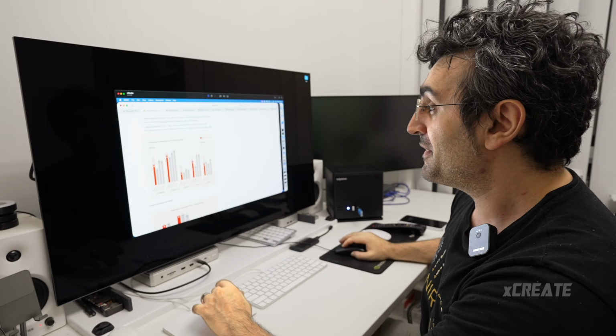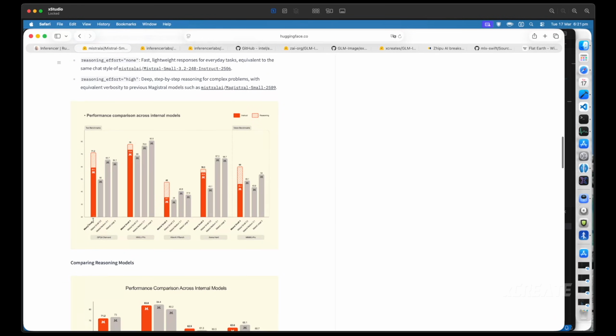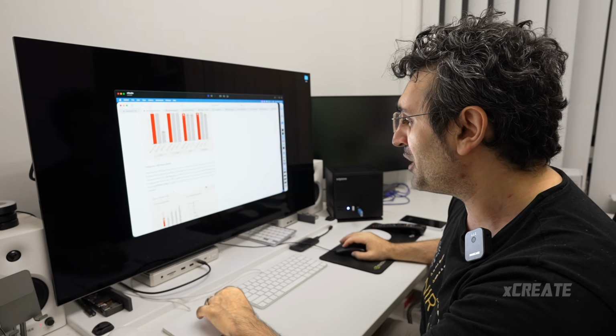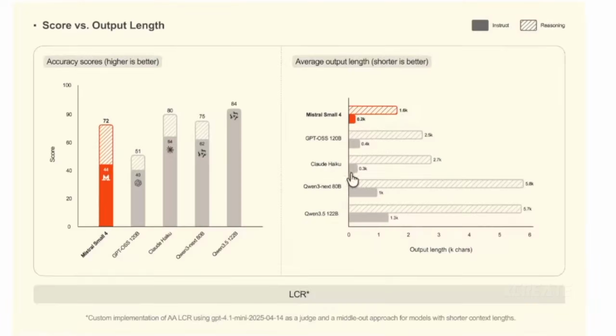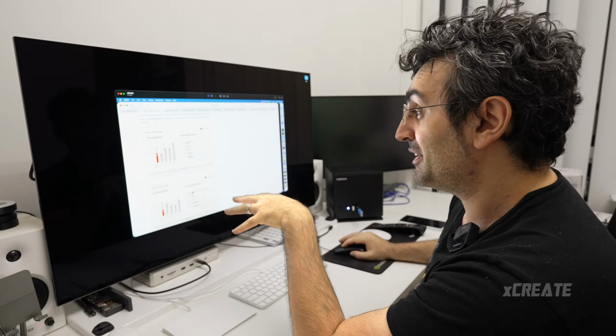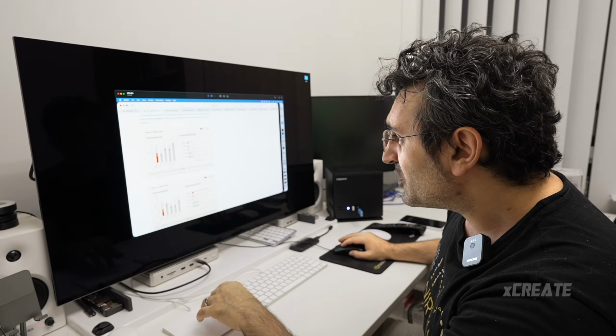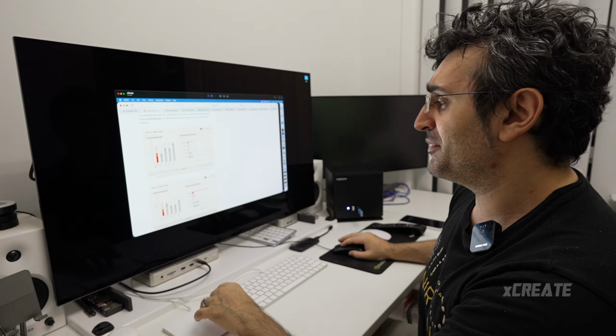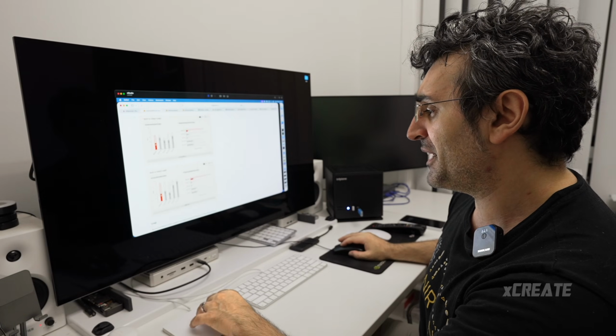And according to their benchmarks, boom, better than everything in the history of, they really just compared it against themselves over here. Although they do have a test with GPT OSS and Claude Haiku. Look at that. And Qwen 3 Next, and Qwen 3.5. So yes, they do have the latest models. It doesn't look like it's better than Qwen 3.5 in that test. So it's a bit embarrassing that they put it there, but maybe it's not embarrassing.